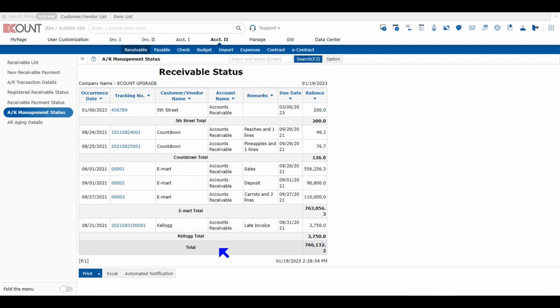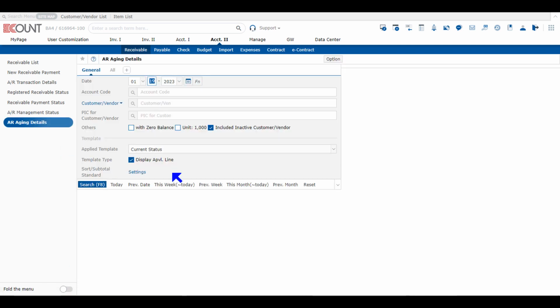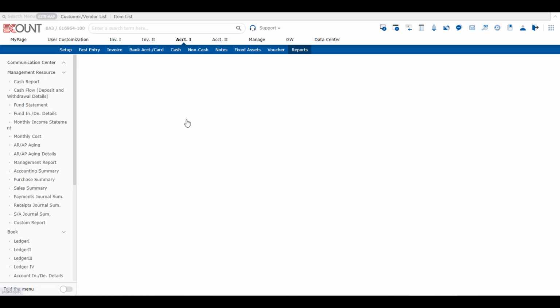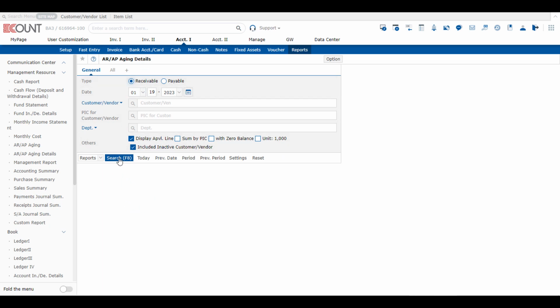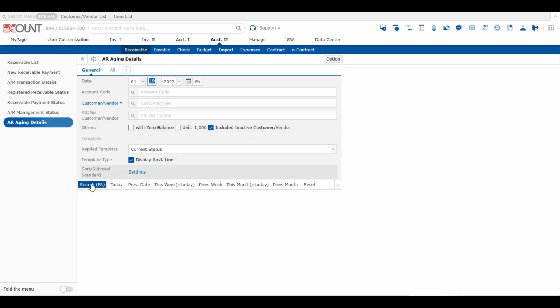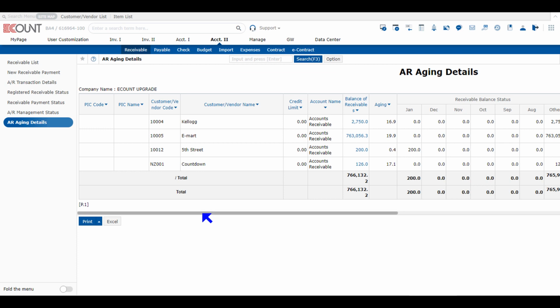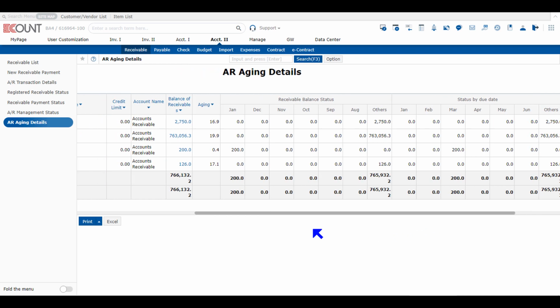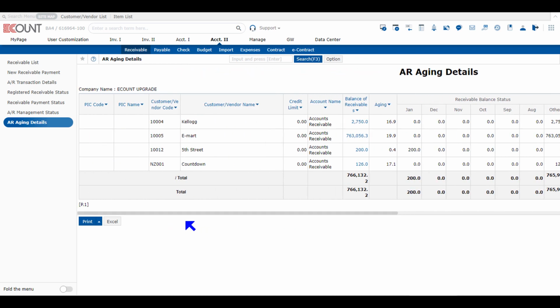And lastly, we will discuss the AR aging details menu. This report is similar to the AR/AP aging details of the Accounting 1 Reports module. In this report, if you search by receivable type, you can view a similar report. However, in Accounting 2 AR aging details, only the receivables entered with a tracking number will be searched and displayed, which means that the receivables entered without any tracking number will not appear